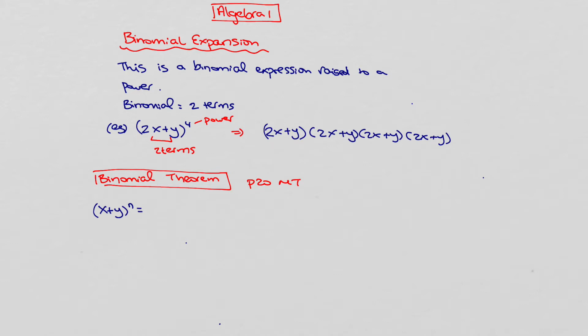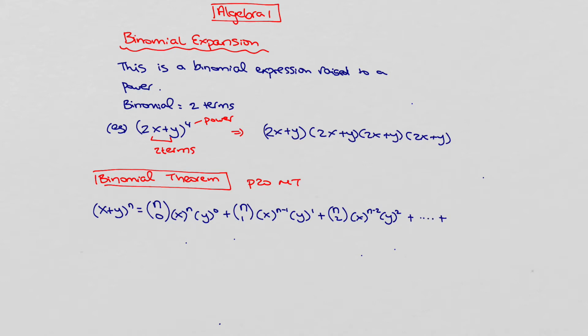And what we do then is we have n choose 0, the first term raised to the power of n, the second term raised to the power of 0, plus n choose 1, the first term raised to the power of n minus 1, the second term raised to the power of 1, plus n choose 2, the first term raised to the power of n minus 2, the second term raised to the power of 2,